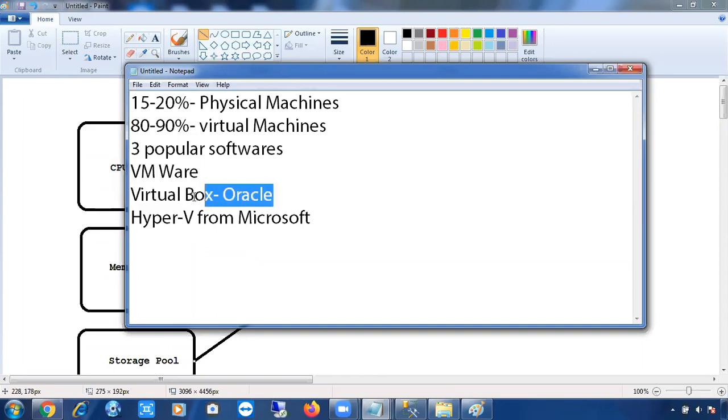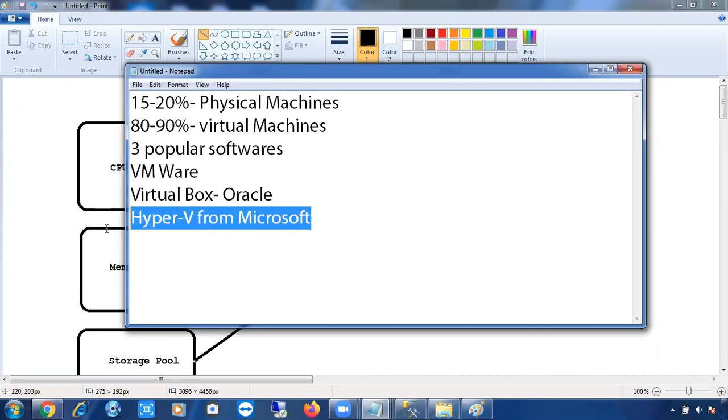For our practice, I am going to use VirtualBox. Why? Because usually VirtualBox will run on less resources. For VMware, if you want to create three machines, it will take a lot of resources, a lot of storage, a lot of memory. VMware machines are good, but they take a lot of resources. But with VirtualBox, even if you give less storage and less memory, it will work fine when compared to the VMware machines. For practice purposes, we are going to use Oracle VirtualBox.